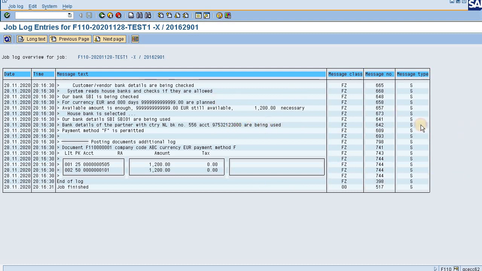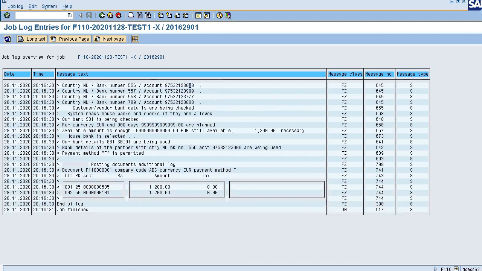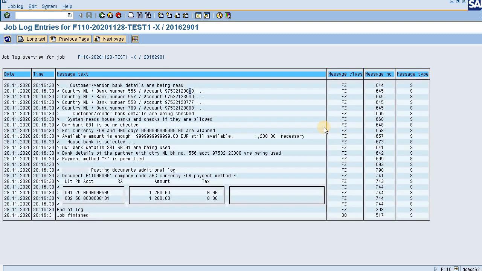See, it is finding all the accounts associated with it, but while paying, it says that bank details for the partner country at 561 account are being used, meaning it automatically picks up the first one. That's the mechanism of SAP.